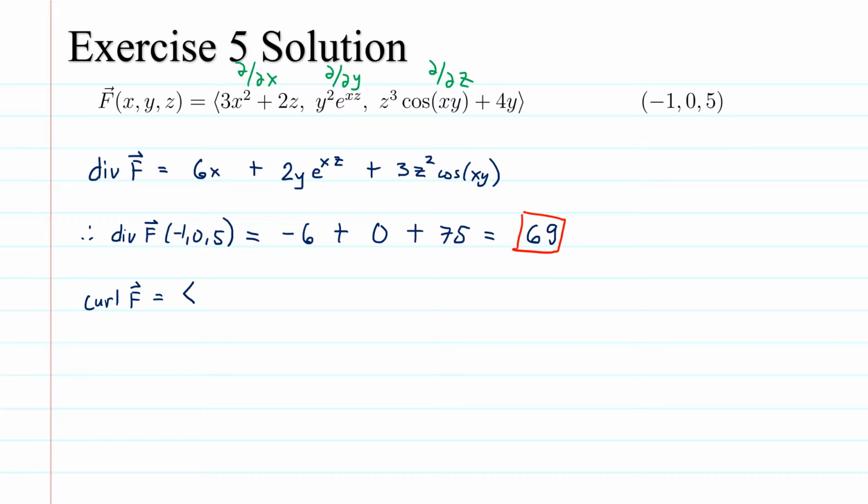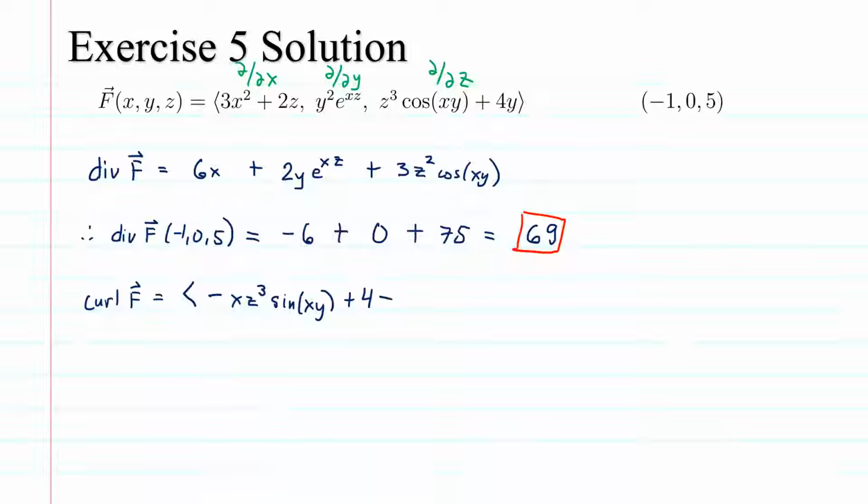Okay, curl f, yung first component ay negative xz cube sine of xy plus 4 minus, yan magiging x y squared e to the xz. Okay, second component ay 2 minus